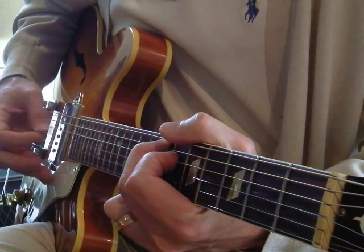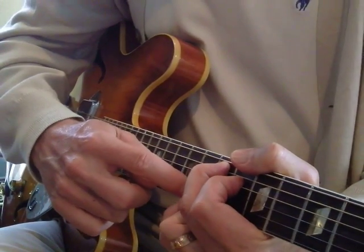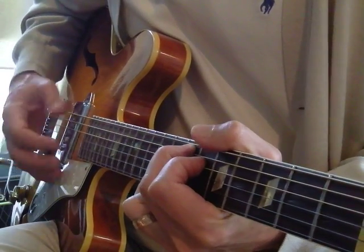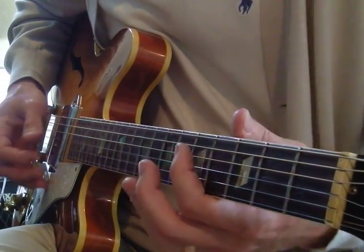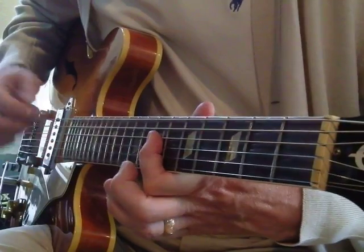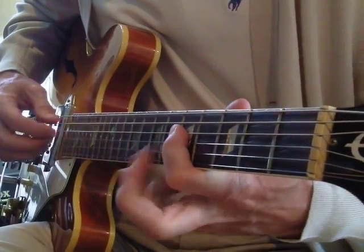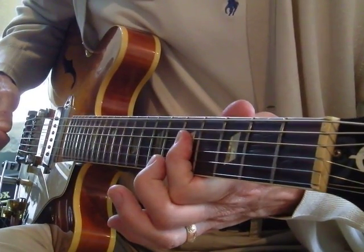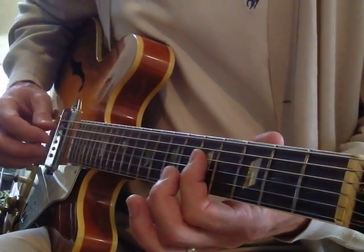Then back to that 9th chord. So there I just went up with the pinky and caught the B string at the 8th fret. Then we're right back to here again. Right? That'll take some practice for you to get to where you're comfortable enough to speed it up. So slowly it's